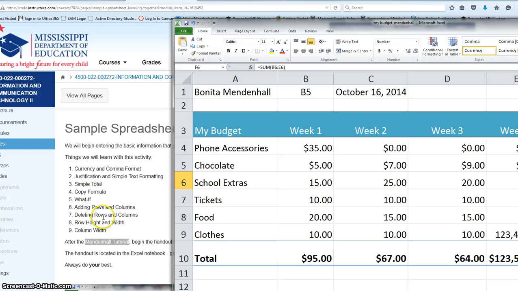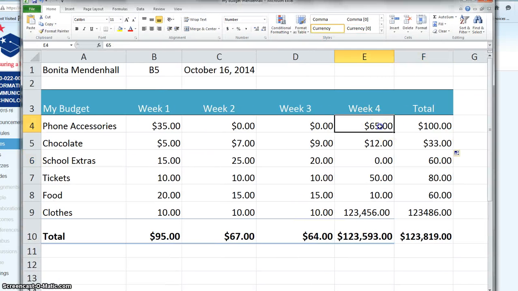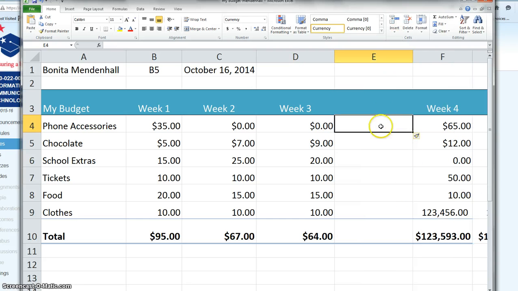It's adding and deleting rows. I didn't do columns, but it works the same way. If I needed to add a week 5, which we don't usually have 5 weeks in a month, you just go insert sheet column, and it put it to the left of my cursor, so Alright, so I'm going to hit